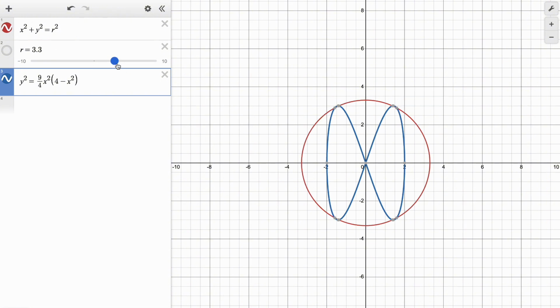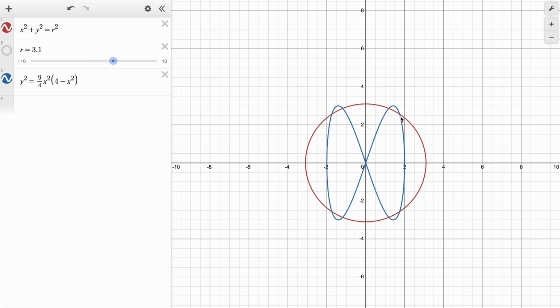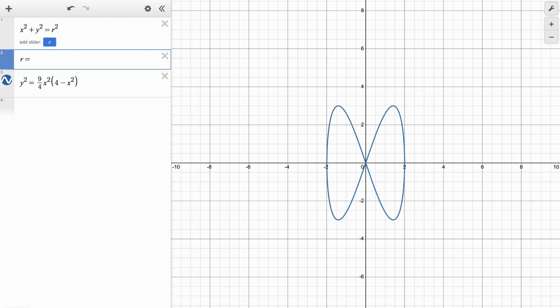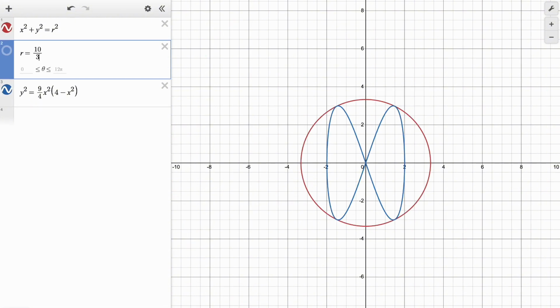And if I decrease the radius again, you can see again that at 1.7 and 1.743 and 1.186, the radius is 3.1. So the radius is greatest when the x value is whatever the x value is at that point of intersection. So let me just find that out real quick. 10 over 3, and that is